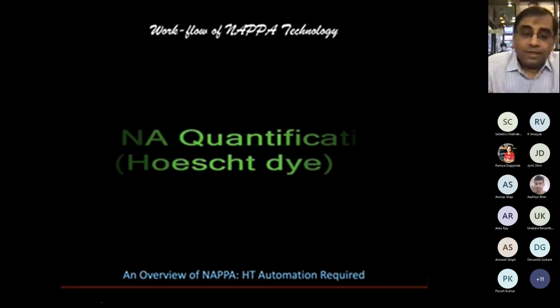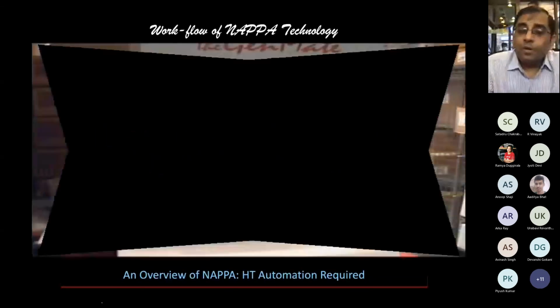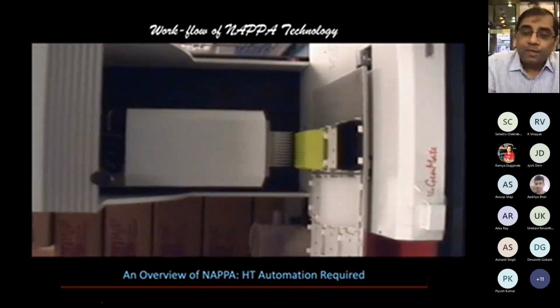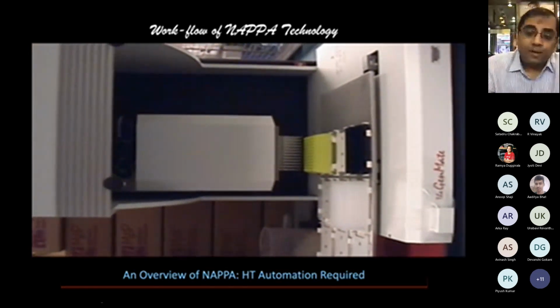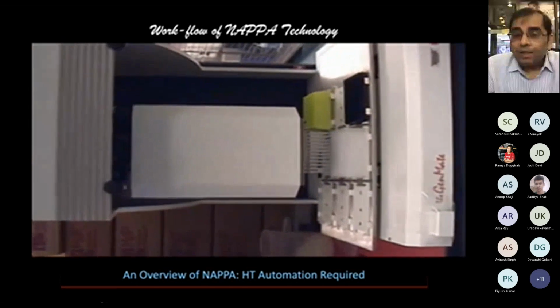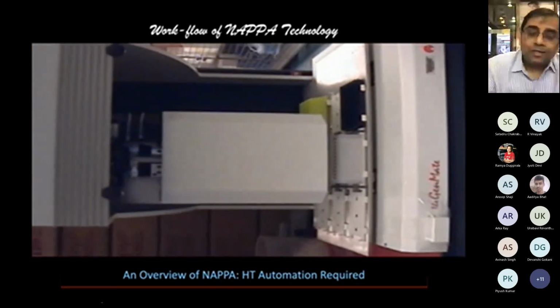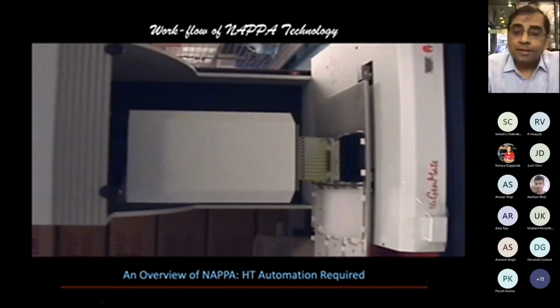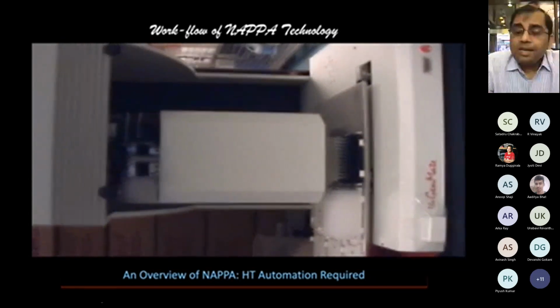Once you get all this DNA purified, you'd like to quantify it: are you getting sufficient DNA over there or not? Again, quantification is being done not in tubes but in plate format. Different dyes are being added, and now you are going to do those reactions again in the 96 well plate format, so that you can read the entire DNA quantification in these types of plates.